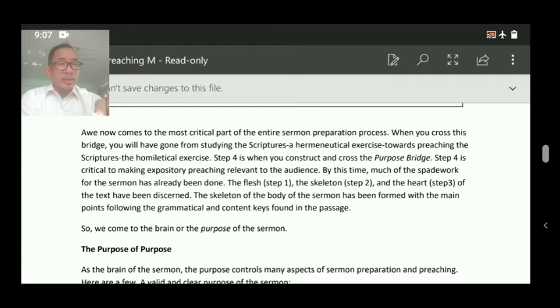There is nothing to study much over here. You don't have to work much on the writing process. You don't have to study much, but what you have to do is think a lot. Since this is the brain, we have to use our brain to cross this bridge, from CPT to CPS, from your text to your sermon, from your hermeneutics to